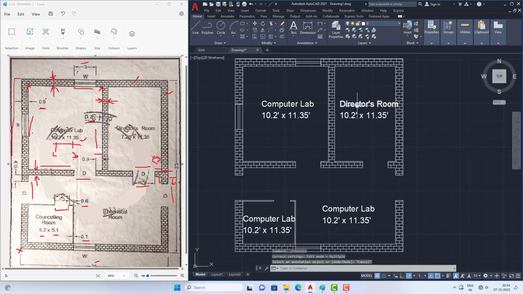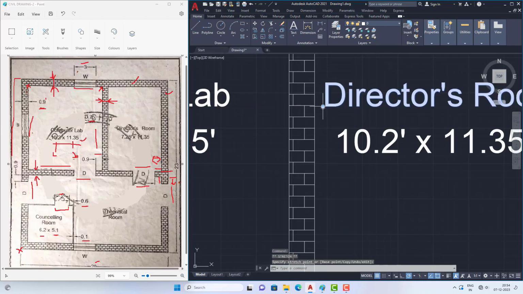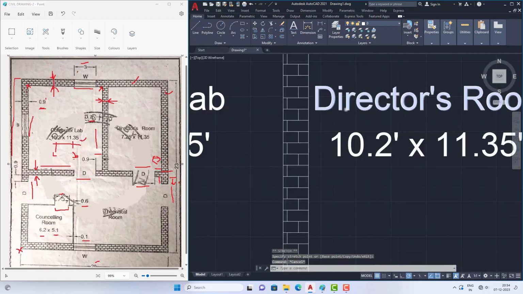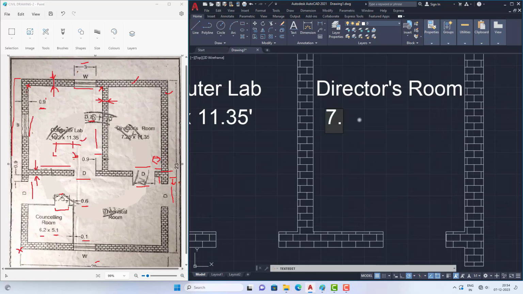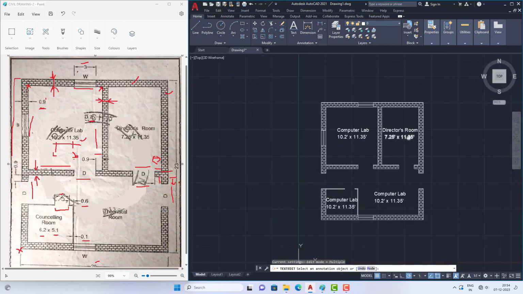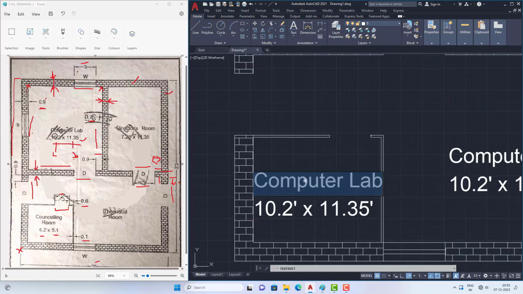And now view the dimensions. So the dimension here is 7.25 by 11.35 feet. We need to represent this in feet also. So in the diagram it hasn't been represented. So now there is a room here which is the counseling room. So we need to type this COUN